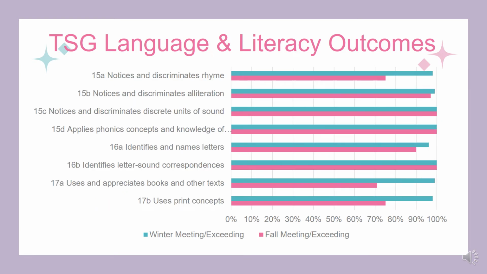Now let's look at our literacy outcomes. So we have 2 slides of literacy outcomes. This is the first. Again, we have our fall information represented in pink. We have winter represented in teal. So if we take a look here, the first thing that you might notice is that there are 3 objectives on this page that show that the children were at 100% in the fall and 100% in the winter. And sometimes that's a little bit